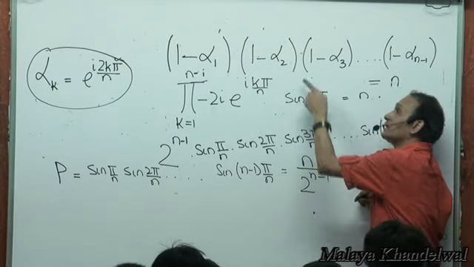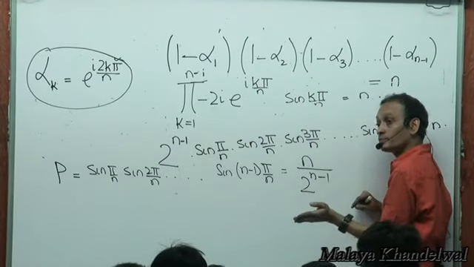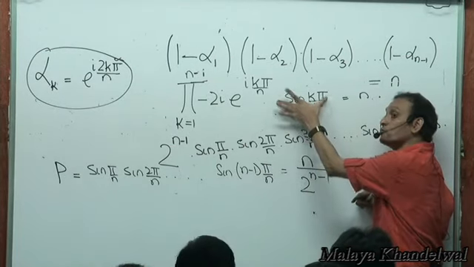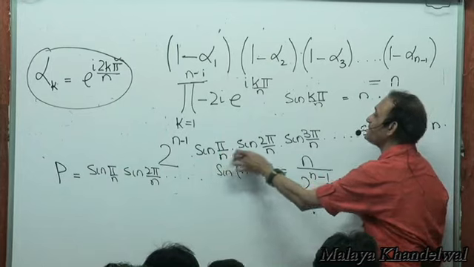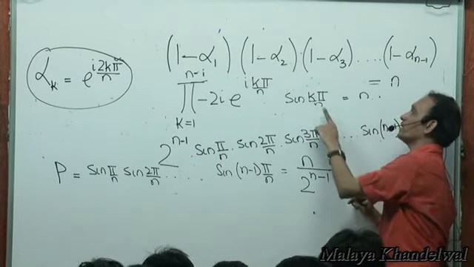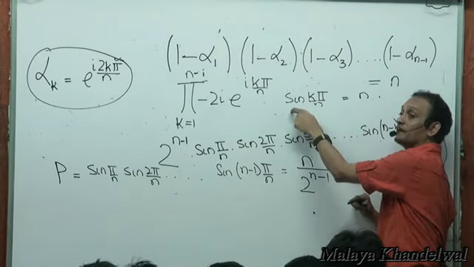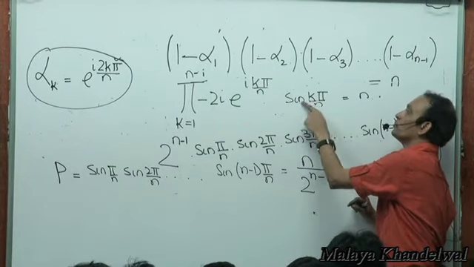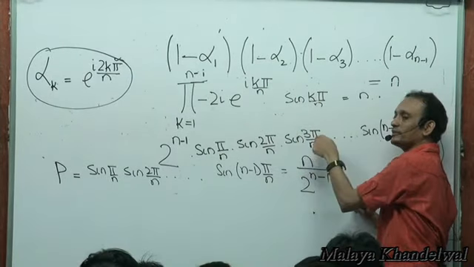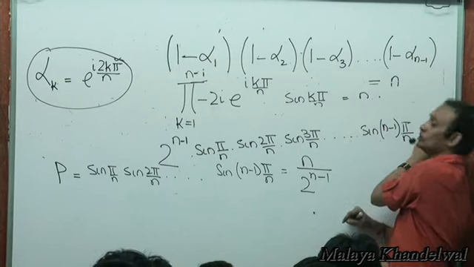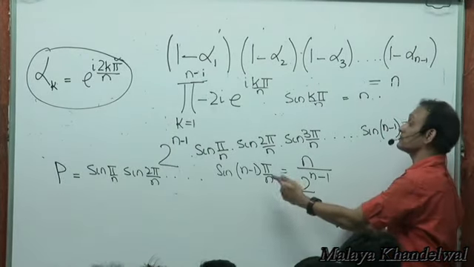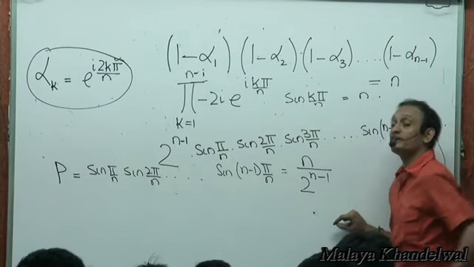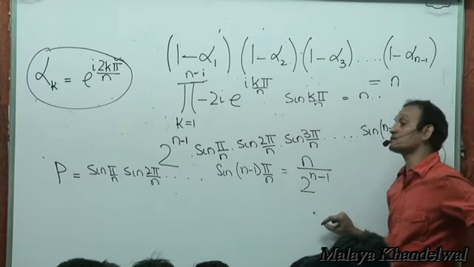That means this angle lies in the first and the second quadrant, in which sine is positive, so modulus of sine would be the sine itself. So that's why these sines just get automatically multiplied out. Modulus of sin pi by n would be sin pi by n. Modulus of sin 2 pi by n would be sin 2 pi by n, and so on and so forth. And modulus of n would be n. N is a natural number anyways. Right? So which brings us to this very, very useful result in